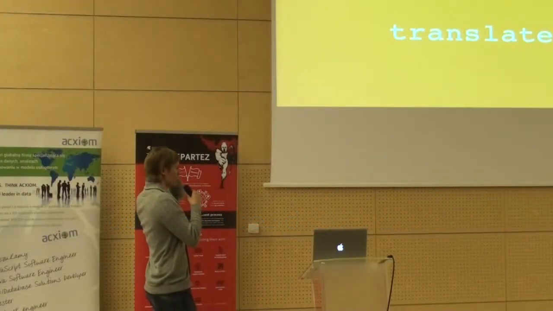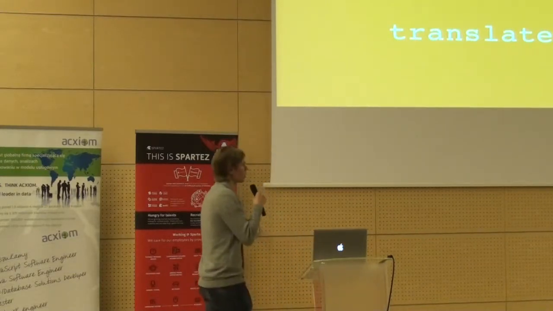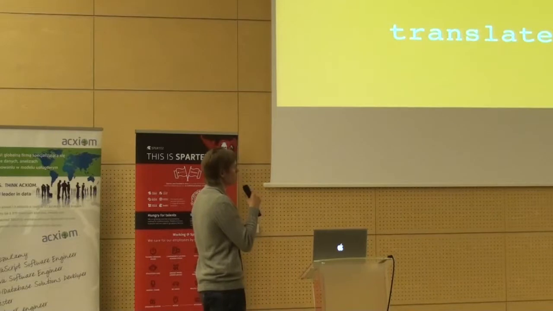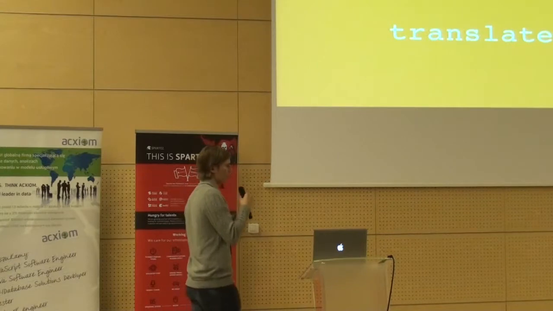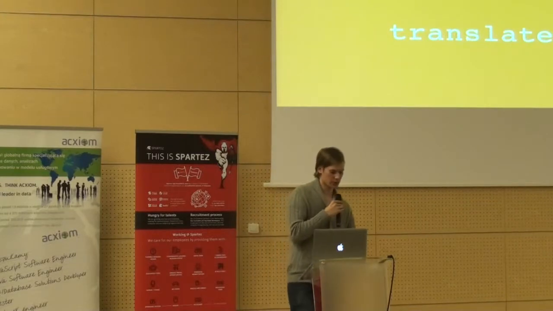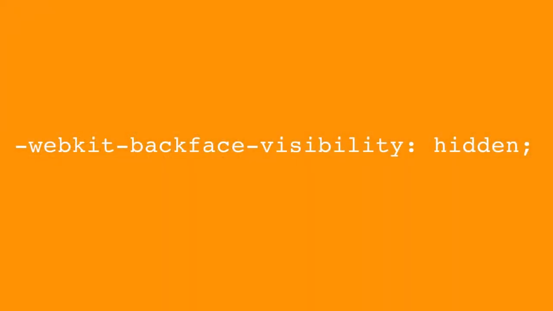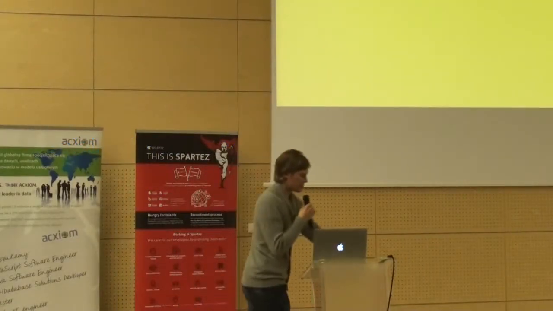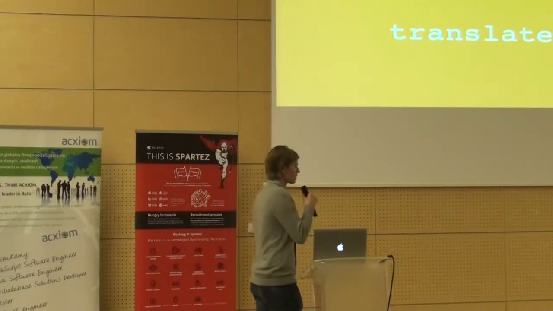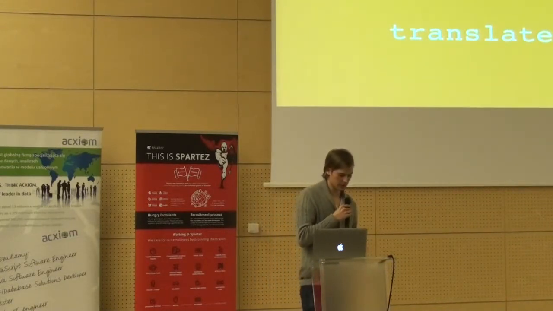Translate is a transform in CSS that moves an object from side to side, or up and down. If you instead use the translate 3D transform, the object will be loaded into graphics memory, and you will use your graphics card to do the moving, and you will get a much smoother experience. It will feel native because it is. This is another trick to enable hardware acceleration. Once you've used this 3D transform on an object, hardware acceleration is turned on. So whatever you do with that object after that, it's in graphics memory and will be hardware accelerated.